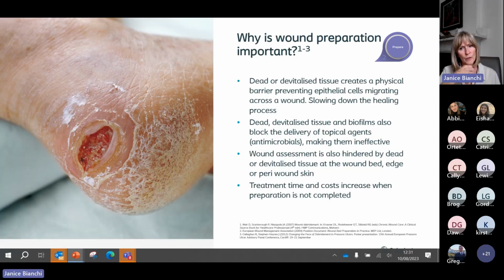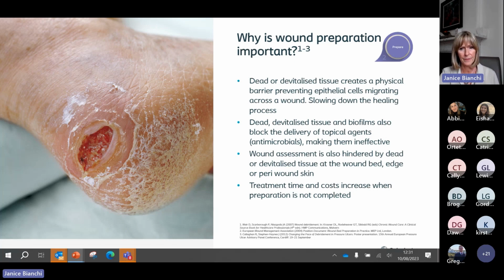And it's important for all of those reasons. We know that devitalised tissue slows down the healing process, that we might have a biofilm there, which means that if you're going to use an active ingredient, so one of the antimicrobial type dressings, if there's a biofilm present in the wound, it can inhibit its effect. So lots of reasons why we need to think about debriding and preparing the wound bed, the wound edge and